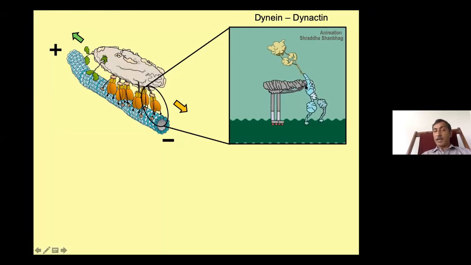And this animation is quite nice because it seems like it helps dynein in some way by attaching to it, but we don't know exactly how this works. And there are many mutations in this protein dynactin which are known to cause fairly severe neuronal diseases. So there's a lot of clinical interest in understanding how this whole thing works. Now,